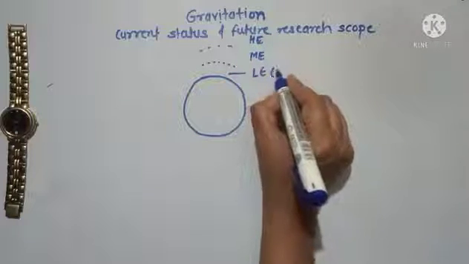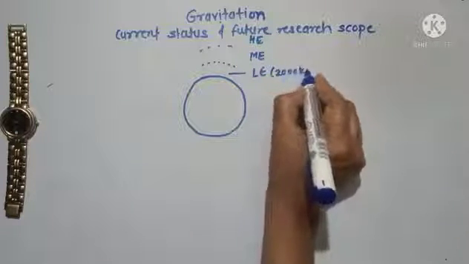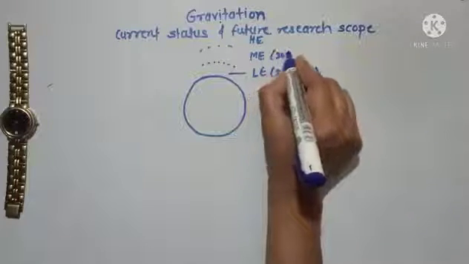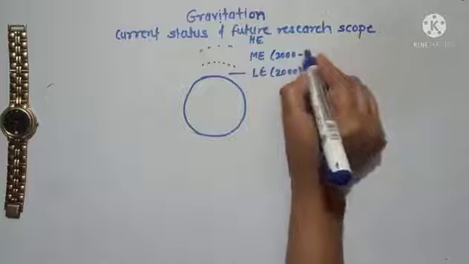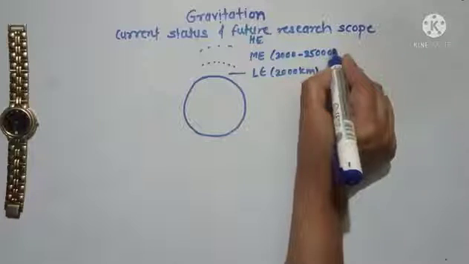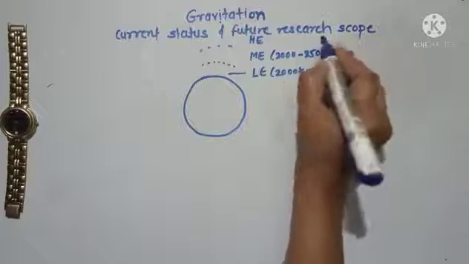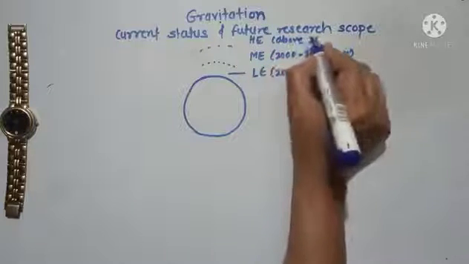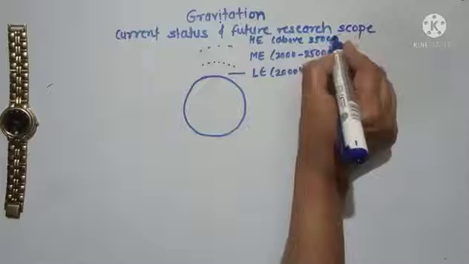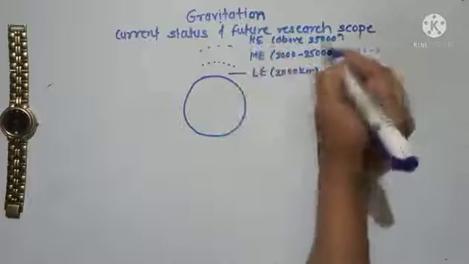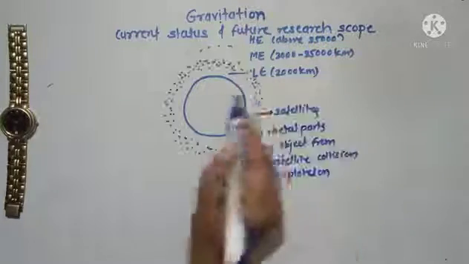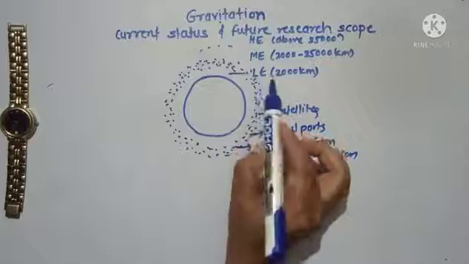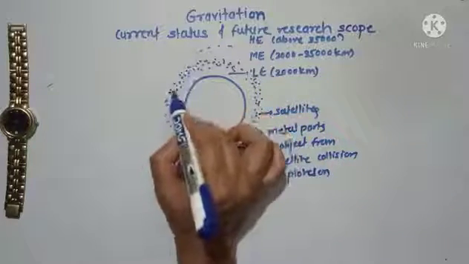Lower Earth orbit is nearly 2000 kilometers from the Earth's surface. Then medium is from 2000 to 35,000 kilometers, and above 35,000 we call it the higher Earth orbit. So from this figure we can see that in this lower Earth orbit I have shown these